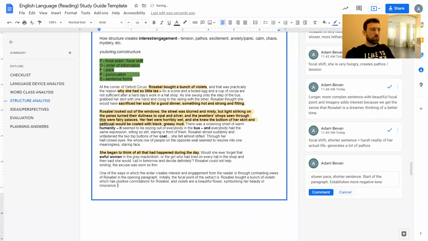Now that second bit where I'm talking about how flowers have beautiful connotations and so on,